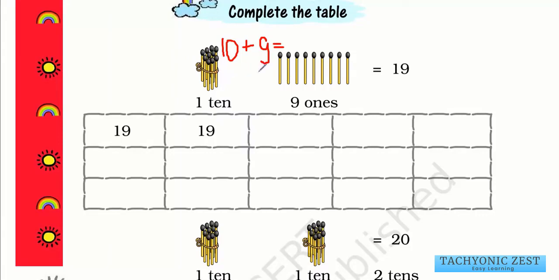So we will start the counting from 10, then it comes 11. This is already equal to 10. Then it is 11, 12, 13, 14, 15, 16, 17, 18, 19. So it is equal to 19. So the final answer is 19. So 110 9 ones is equal to 19. So we will write 19 in all the boxes. So 110 9 ones is equal to 19.